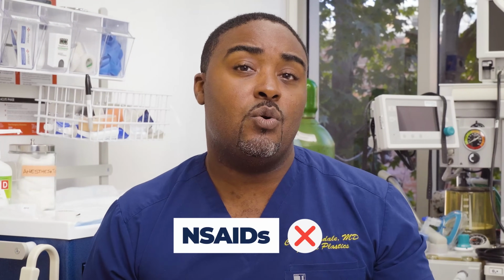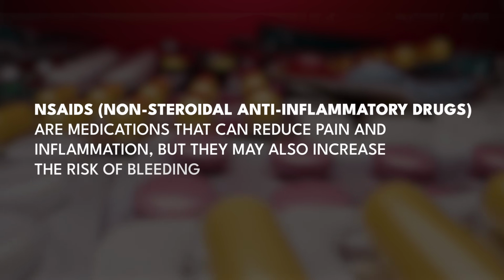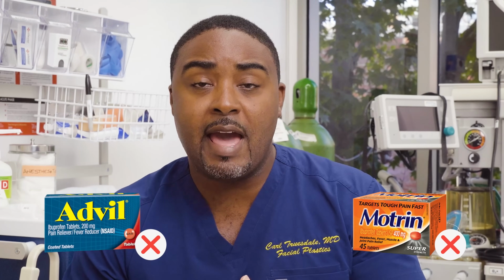The other things that can help with your pre-surgery are things that might make your blood thinner. So you want to avoid things like NSAIDs. NSAIDs, or non-steroidal anti-inflammatories, are medicines that basically increase the amount that your blood bleeds, but they decrease pain. So things like Aleve, aspirin, ibuprofen, Motrin, Advil, none of those at least 2 weeks before surgery. In an ideal world, at least 7 days before surgery, because we want you to look as beautiful and as pristine as possible after surgery is done. Part of making me look like a genius and fast recovery means that you're going to be bruised for a